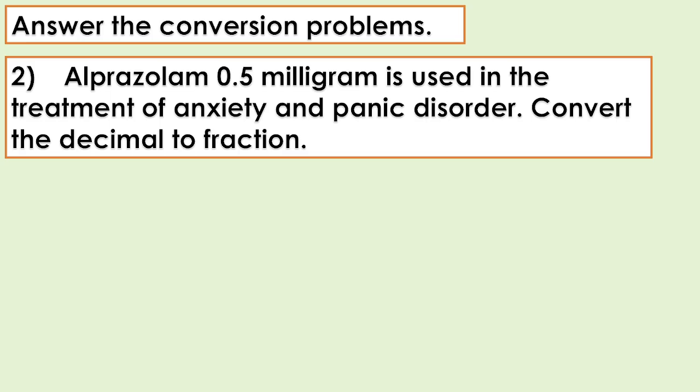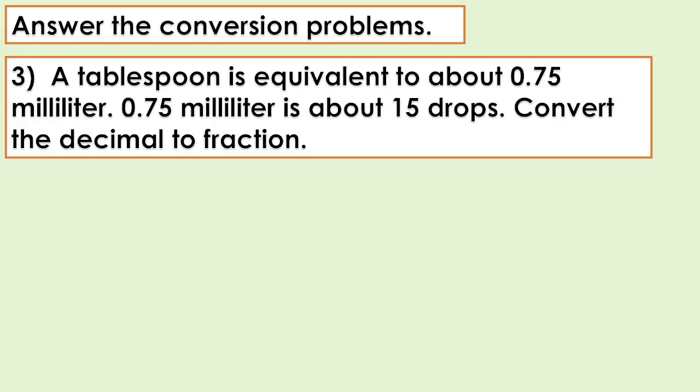Number 2. Alprazolam 0.5 milligram is used in the treatment of anxiety and panic disorder. Convert the decimal to fraction. So the answer is. Number 3. A tablespoon is equivalent to about 0.75 milliliter. 0.75 milliliter is about 15 drops. Convert the decimal to fraction. So the answer is